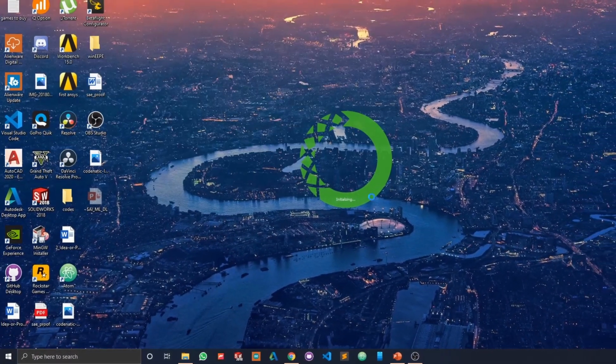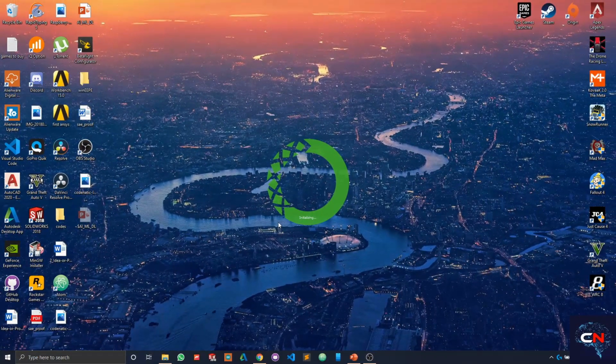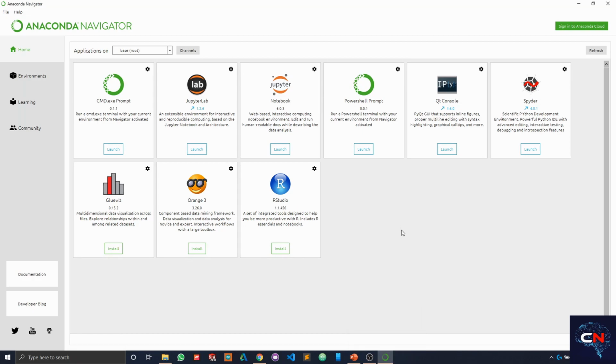It's a little bit slow, especially since I'm using a hard drive. You could just install this in C drive and it should be pretty fast. This is a pretty big file, so it might take a while to load up. Yeah, here we are, and here we have